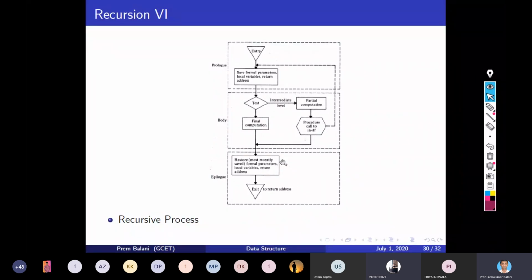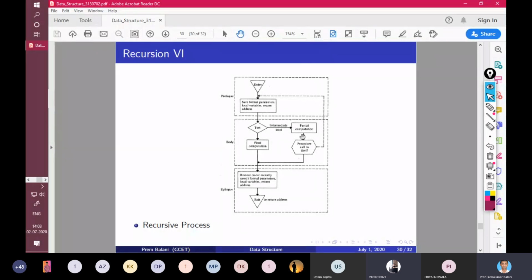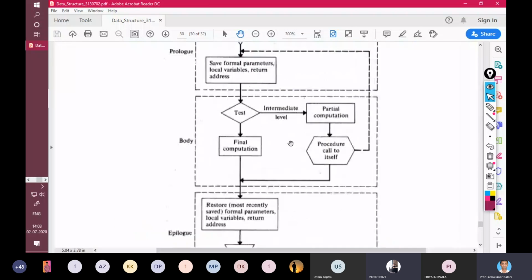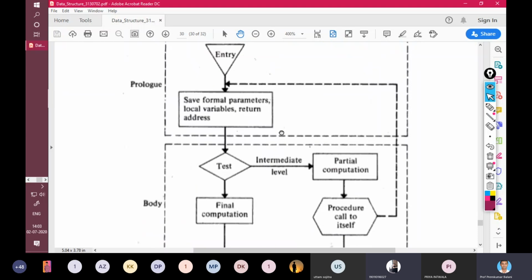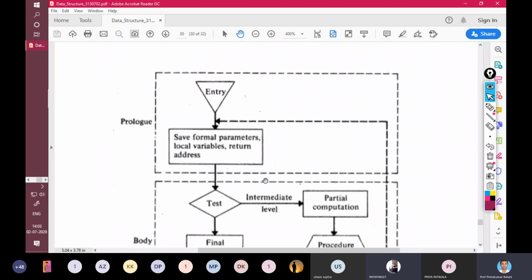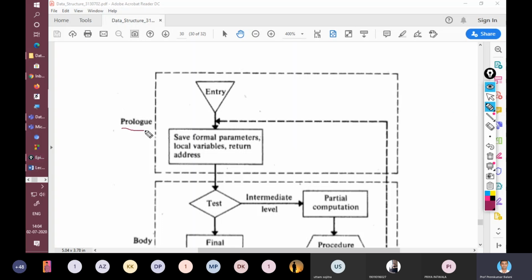So here, if you see, my recursive process flowchart has the first step, that is a prologue, and in this there is an entry and save formal parameters, local variables, and return the address.